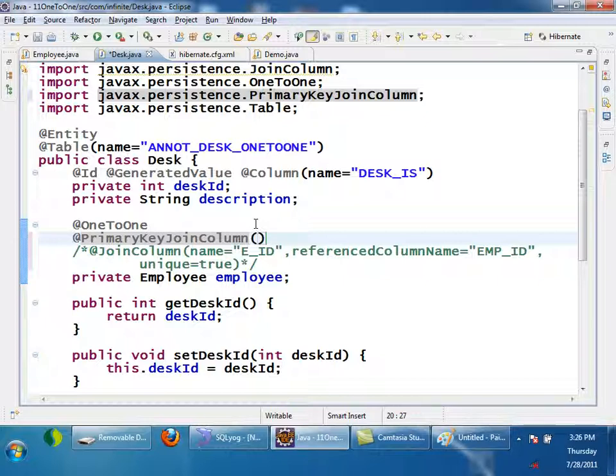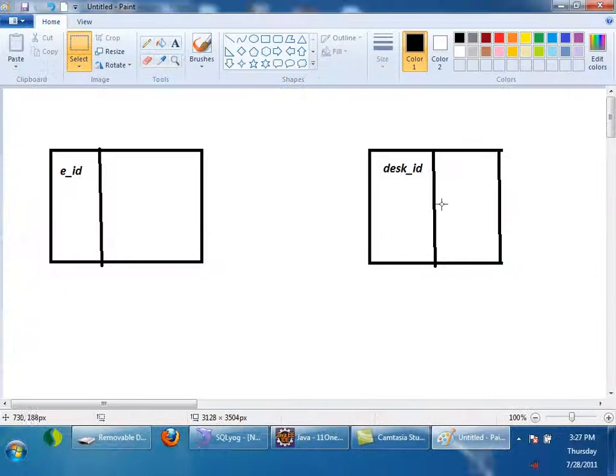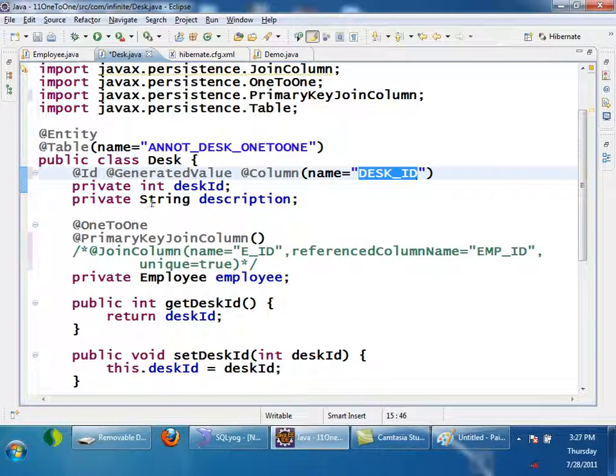What should be this join column name, tell me? Primary key join column, here see the diagram, desk_ID should be primary key as well as the foreign key. If you see this configuration, already I have annotated desk ID as a primary key by using this annotation.